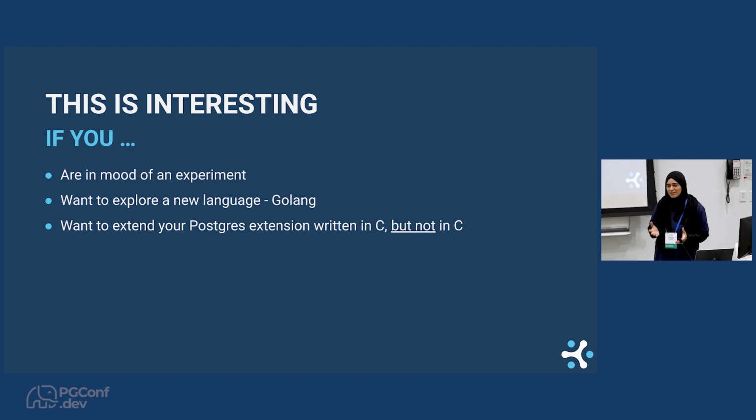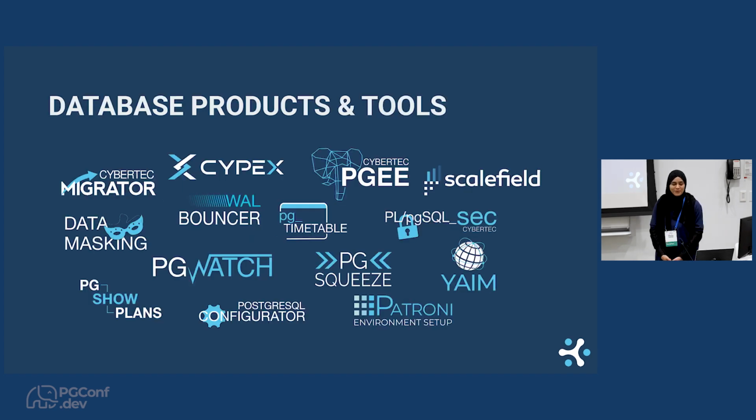So maybe you're writing a Postgres extension, you already have some Postgres extensions and you want to extend it, add more features, but maybe you're just bored with C, or maybe you want to do something more intelligent in the sense that you want to write less code, more efficient code, and you want to do it in maybe Golang. Then this is an experiment that we did at Cybertec, and I will encourage you to do it yourself and we'll learn many more things there.